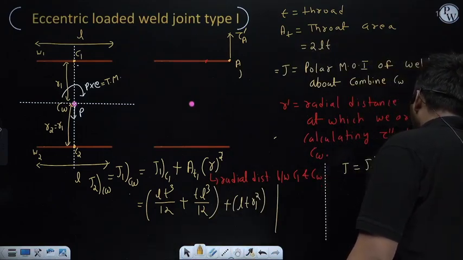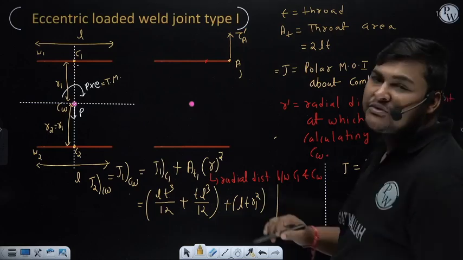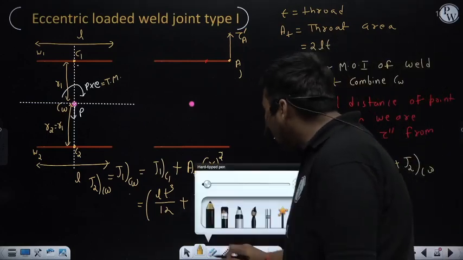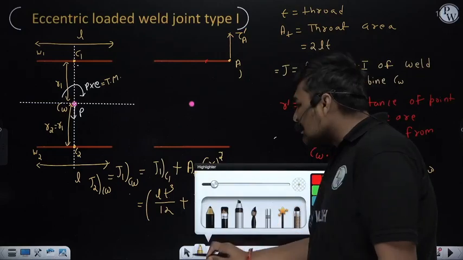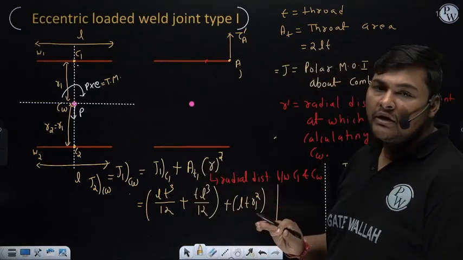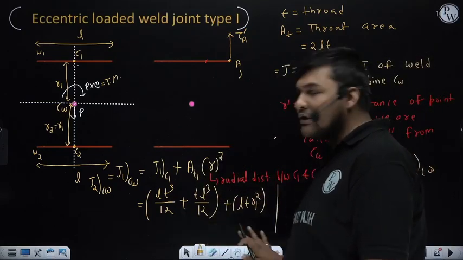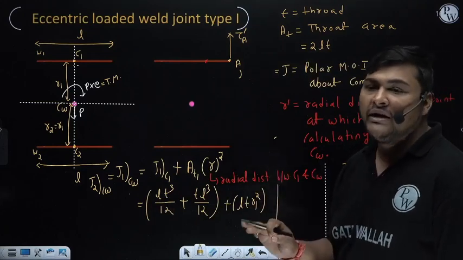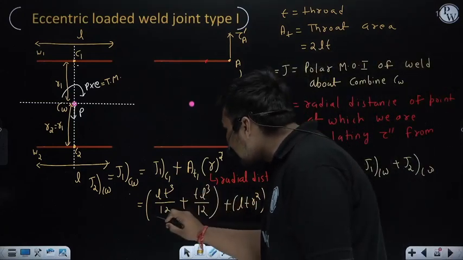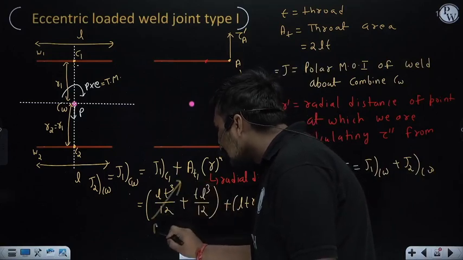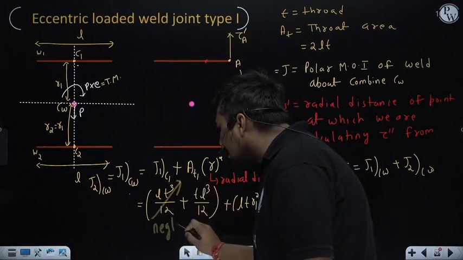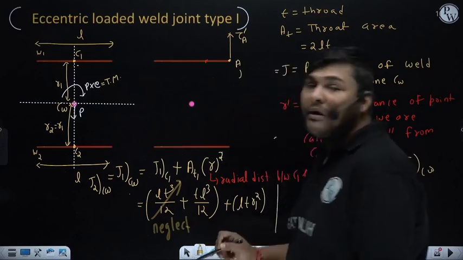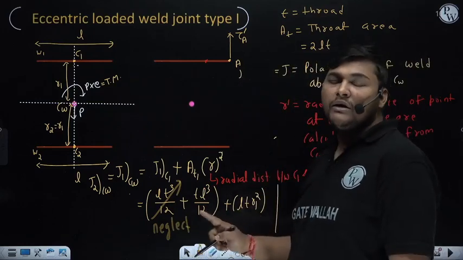Okay. Sometimes the exam might give this value directly. But if you are designing, suppose throat is unknown, then you can calculate the exact value of this. But if throat is unknown and our objective is to find throat, in that case we will neglect this T³ term. Okay, we will not always neglect. When our objective is to calculate throat, means throat is unknown,